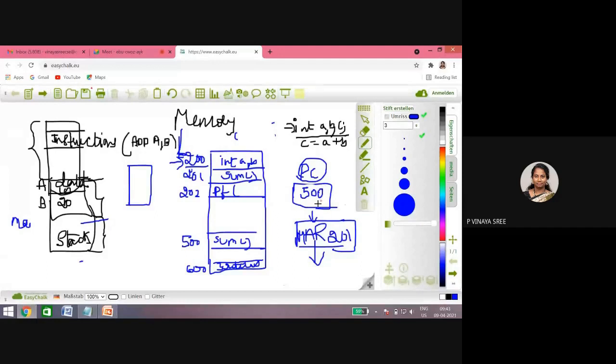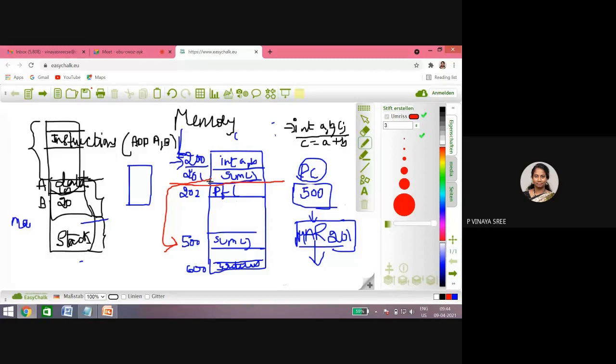Okay, this is 500. Why? Because when it executes, the processor will understand that it is a function call. So the next instruction that should be ready is not 202, it should be 500. So it will be placed at 500. Now listen, concentrate, this is a very, very important topic. Before jumping to the 500 address after completion of 201, the processor has to know that it has stopped at 201.